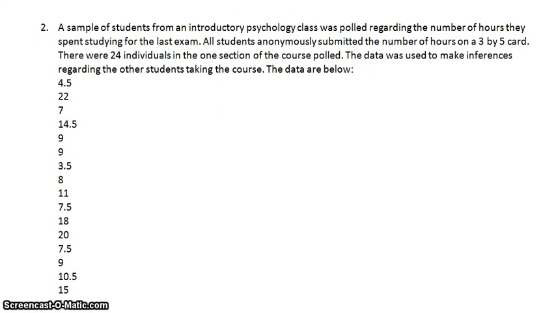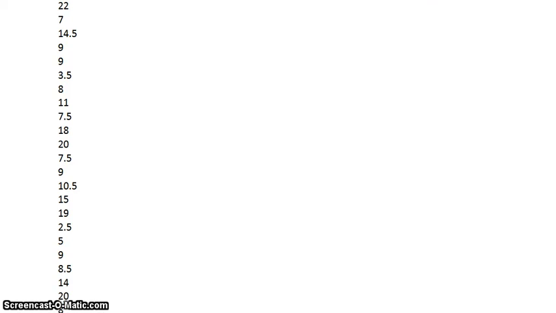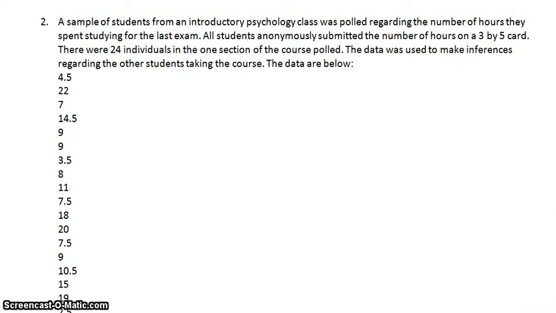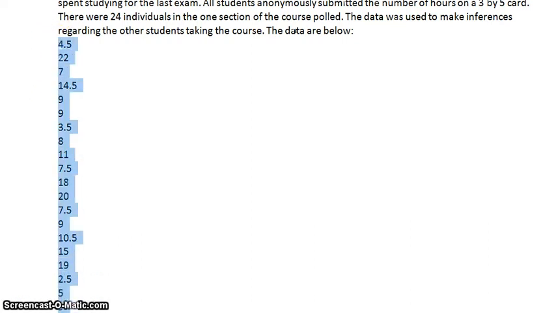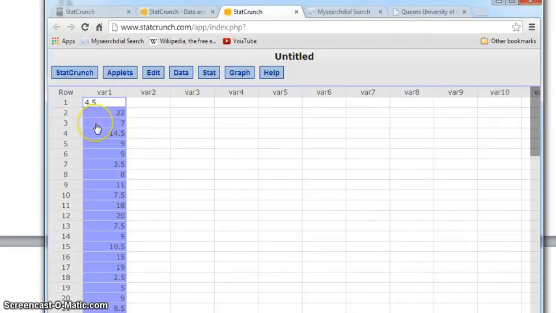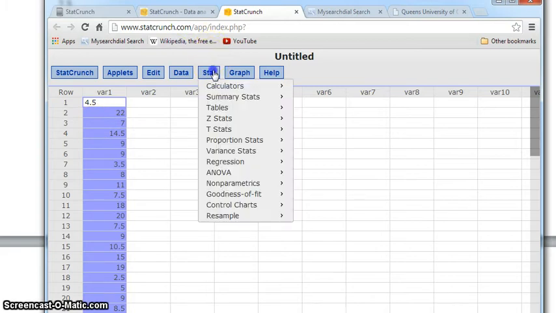Number two. So here they ask for a confidence interval for the mean. This one has to be a T because we're not given the population standard deviation. We do have the sample standard deviation if we compute it. So we're going to copy the data, paste it into StatCrunch, and we want a 95% confidence interval. So we're going to paste it there, and we're going to go to Stat,